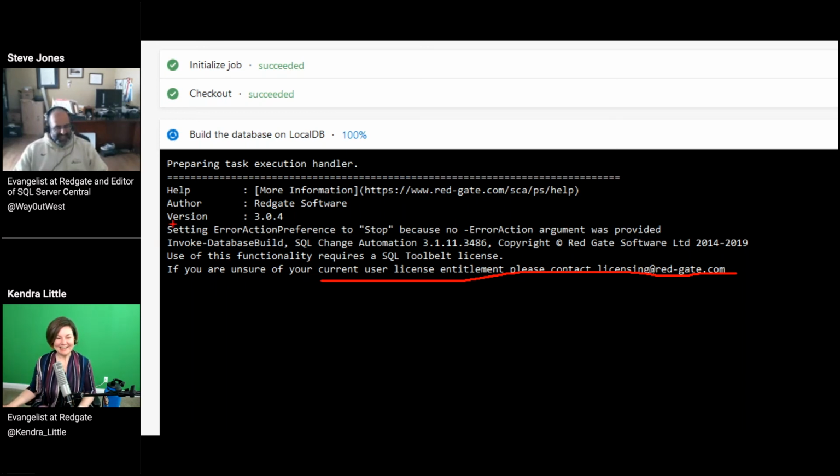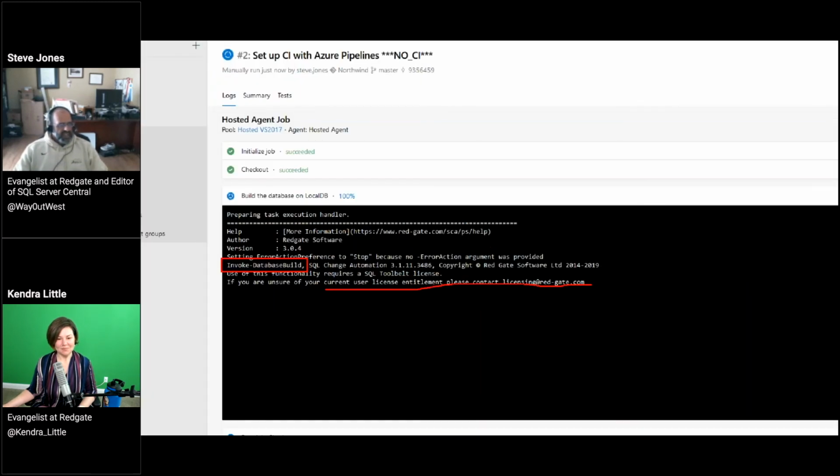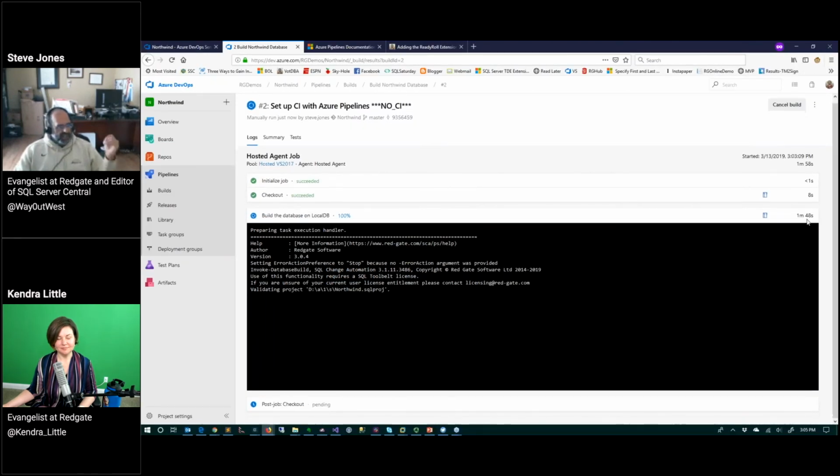The one thing is this is actually running the PowerShell. It's running this Invoke-DatabaseBuild cmdlet to actually run the build. So in real time, you can see the counter over here on the right. It's almost 2 minutes. It's validating our project, and then it will run essentially the build, what Kendra did when she deployed it. The free machine that it's letting us run on, I think we can safely assume we've got one little core on a tiny little machine